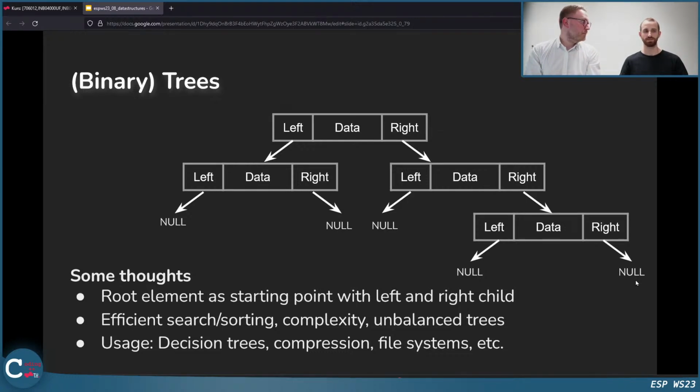The cool thing again with these data structures is you can visualize them so easily, you can draw them very easily, and then it's so much easier for me to understand what happens under the hood. I don't know how many trees I created with pen and paper. I think there are 100 maybe in my study. So you will fall in love with trees. Trees are a really cool data structure.